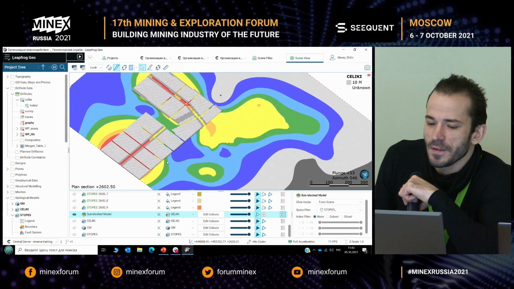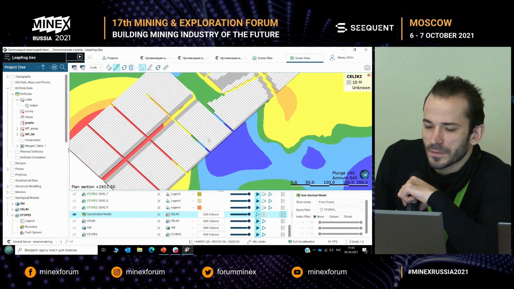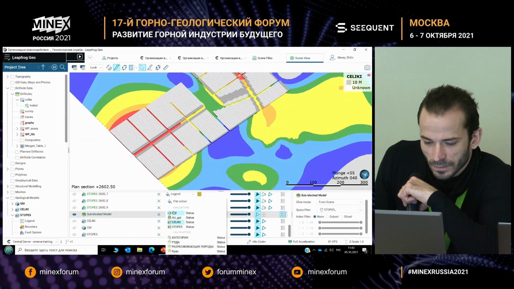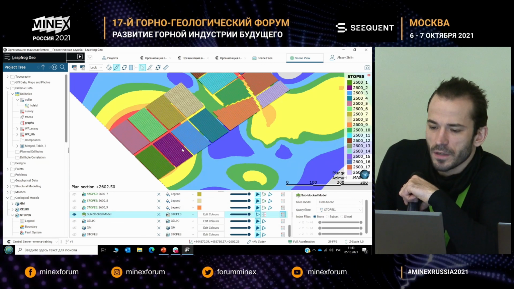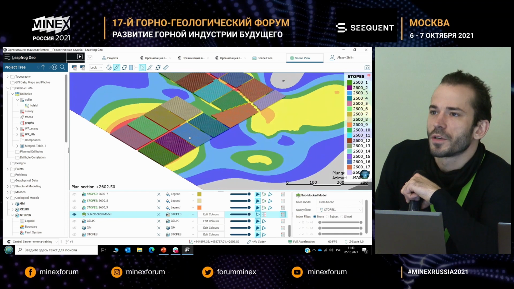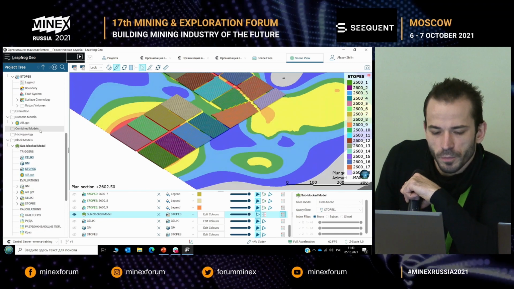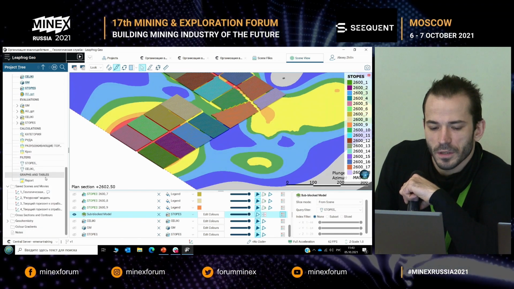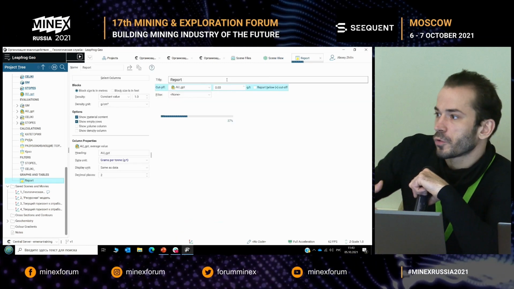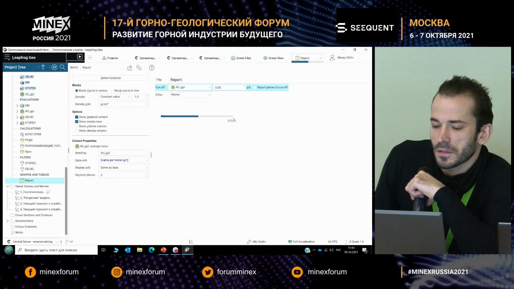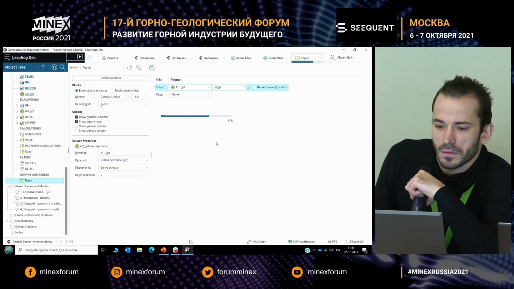You can also see the area which we can call the entire body, or the one which is taken from every type of the production. If we look at the report of the block model, it's the same. It's similar on all block models that we'll see in this particular branch.